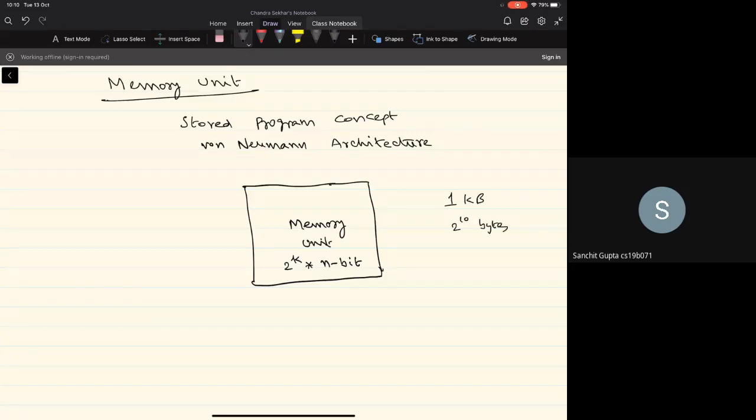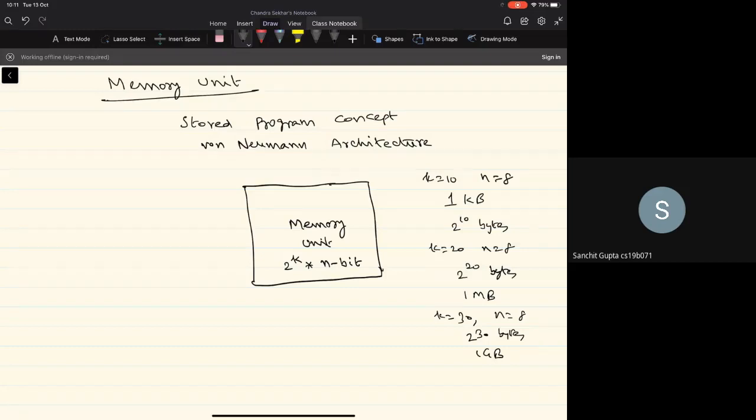If k is 20 and n equal to 8 itself, all right, then we are talking about 2 power 20 bytes, and the number of memory locations is 2 power 20, right? And typically it is referred to as 1 mega. And as we go for larger values of k, we get more storage space, right? And k equal to 30 gives us 2 power 30 bytes, which is referred to as 1 gigabyte, right?